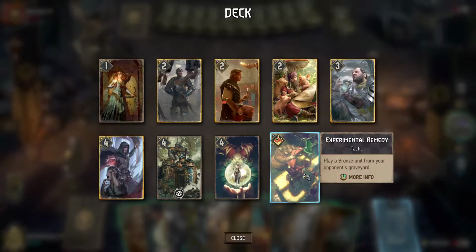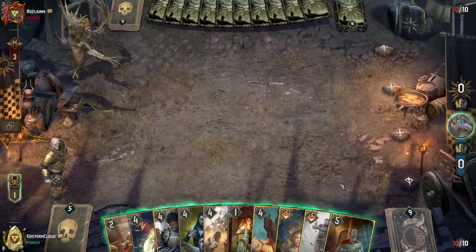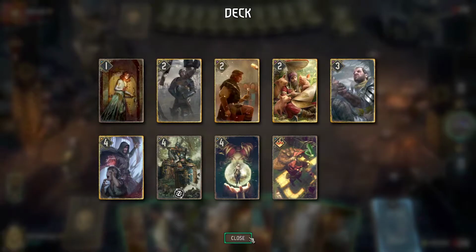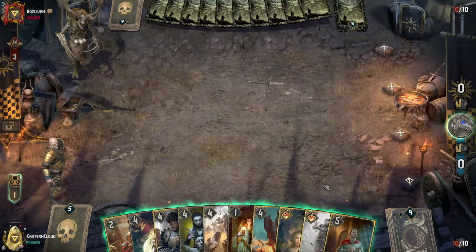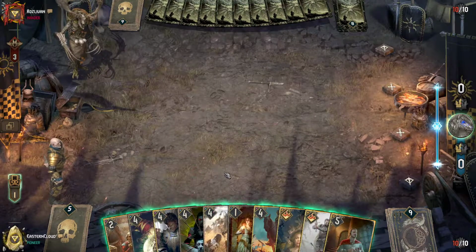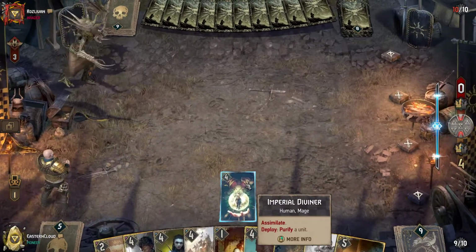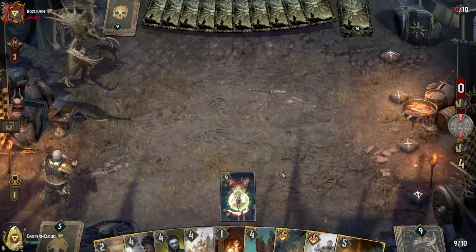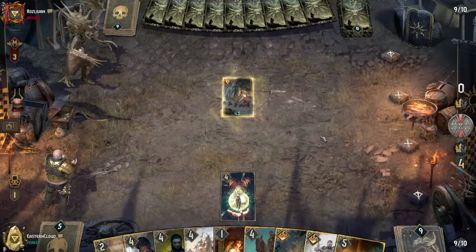Okay, I could start with Experimental Remedy to grab the Thrive units, which seems very stupid. What else do you do in this situation? We could go Roderick. Let's go Diviner here. All these signs can mean but one thing. Yeah, let's start with the Diviner here. She doesn't do anything. I don't think I need the Purify tag. This is gonna be focused around...